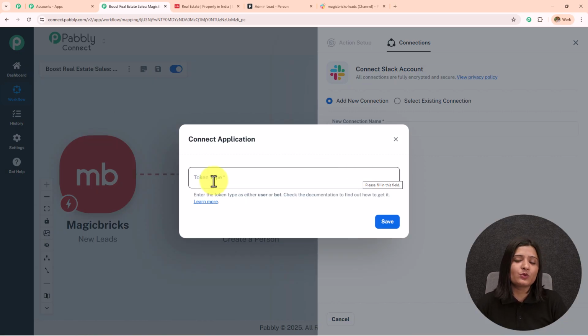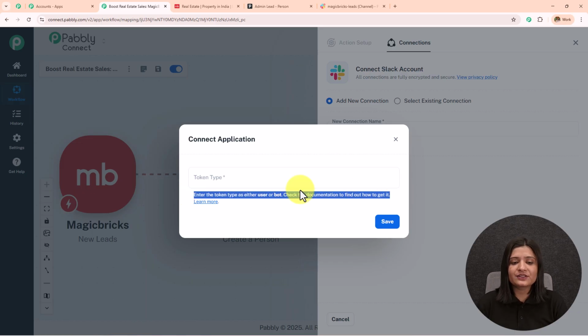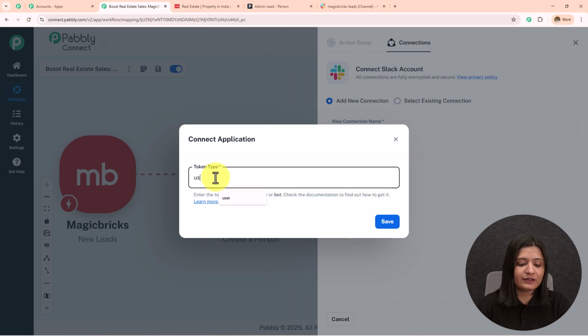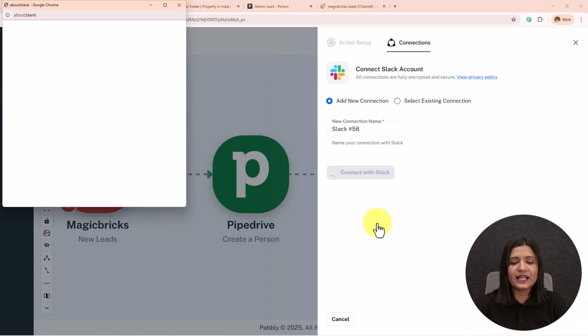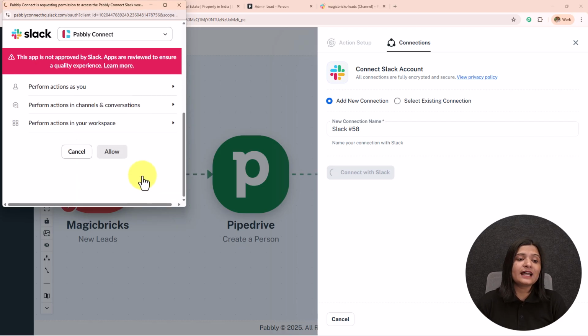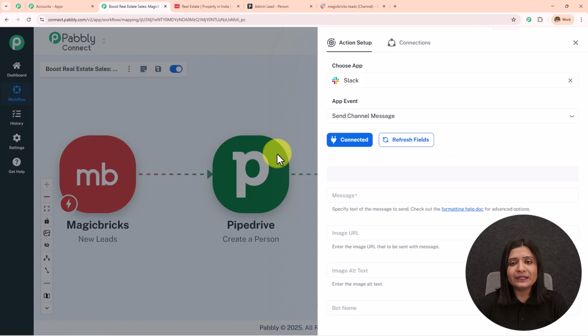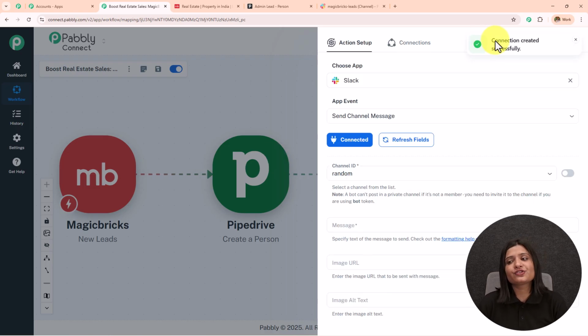I need to enter my token type. So over here it is written enter the token type as either user or bot. Check the documentation to find out how to get it. I'm going to enter my token type as user, and then I'm going to save this. I've already logged in my Slack account, and that's why I'm simply going to grant away the permission by clicking on this allow. Your data is completely safe with Pabbly Connect, so you can do this, and here connection created